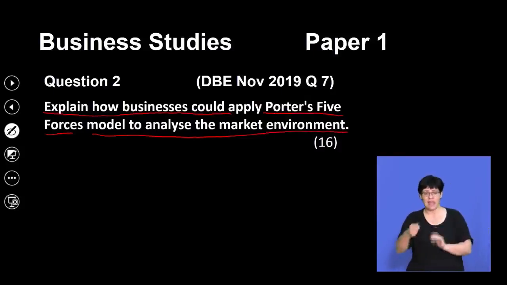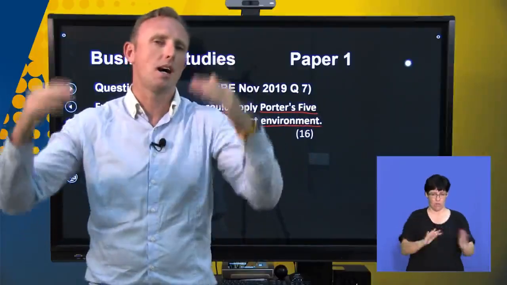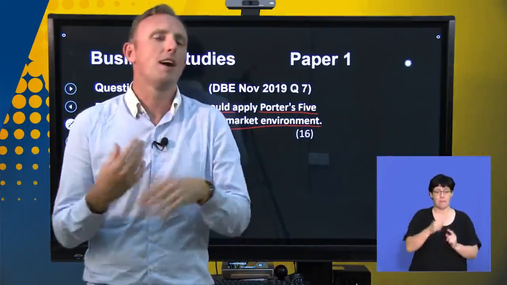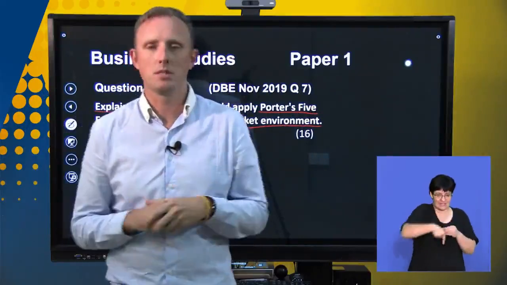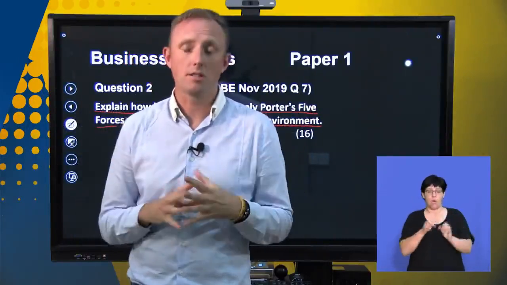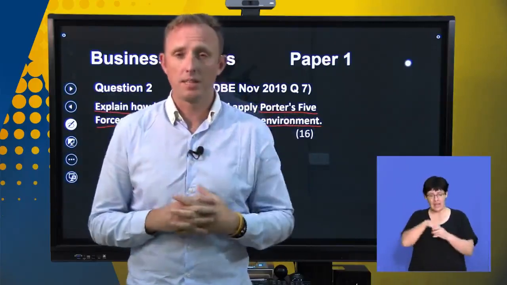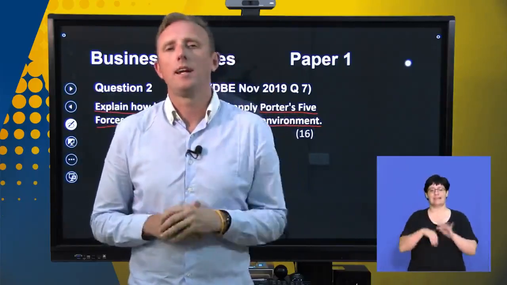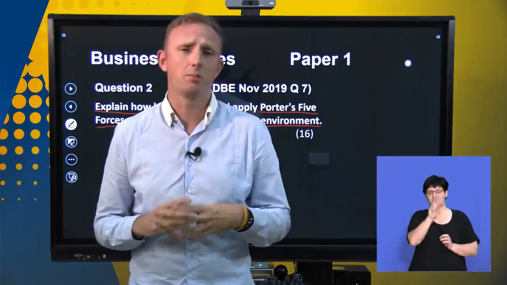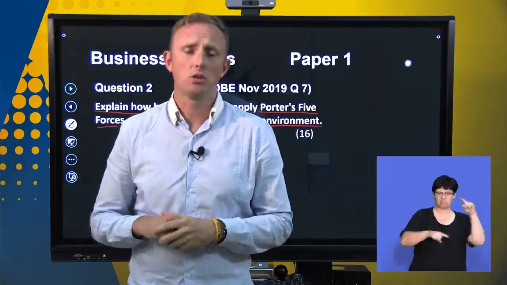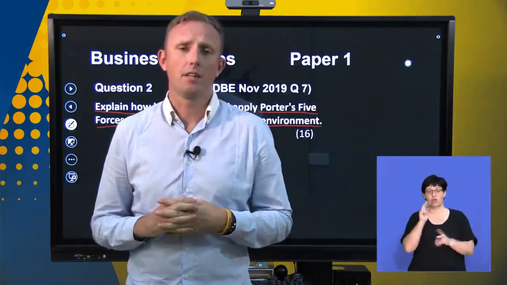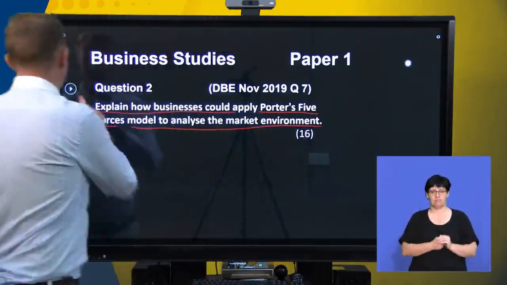Market environment is the environment just outside of the business. Porter's 5 forces has to do with the main elements of the market environment. So we're going to go through them now and how you should answer them. This essay is for a maximum of 16 marks, but in your section B questions it could range from 8 to potentially 12 marks. All right, so let's see what they have to say.